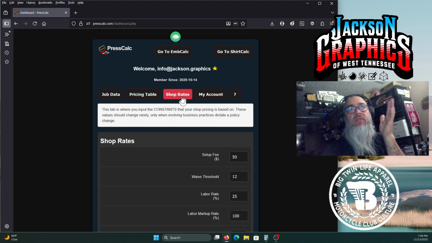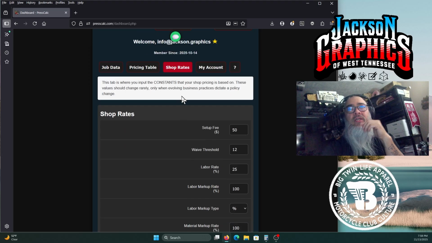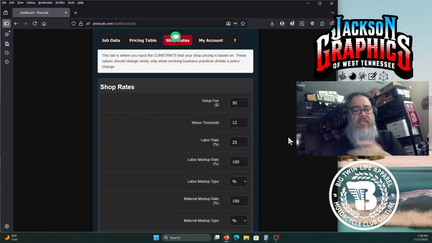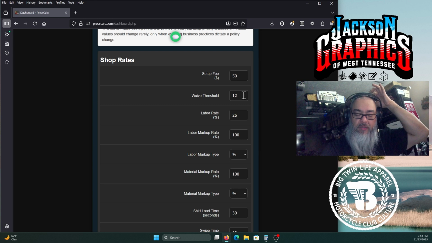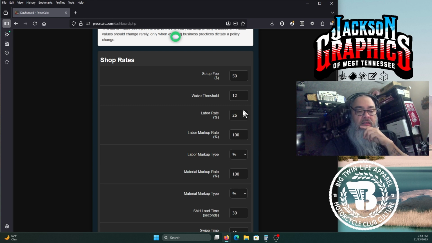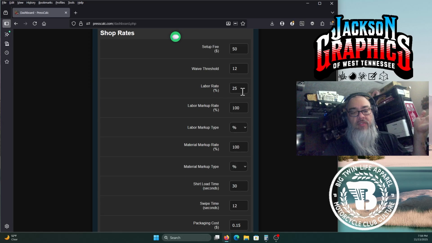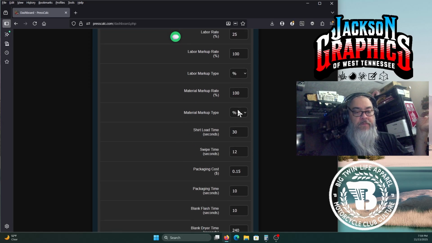And this is something we employ on all of our calculators. And essentially, we're trying to eliminate the changing things from the things that don't change, or don't change very often. And we call those things that don't change very often shop rates. And things like your standard setup fee, how many shirts do you have to press before you decline that fee or eliminate that fee, or give them a rebate or whatever. How much you are upcharging your labor. How much are you, is it a percent or dollar amount? How much are you